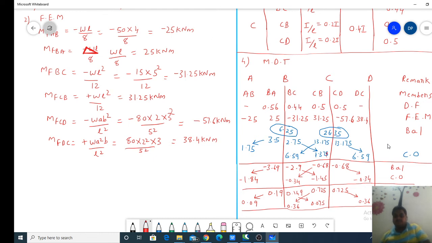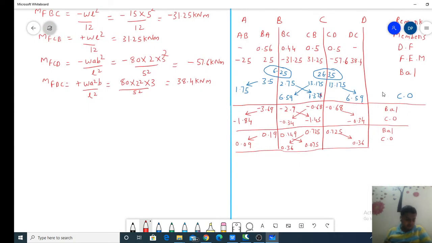As the decimal points are more, I will just show you one more step, so that it is easy for you, because the more iterations we do, the smaller the balance will be. That is why I am considering one more iteration here. So the next balance is 0.36. Change the sign, it will be minus 0.36, multiplied with 0.56 after changing the sign.